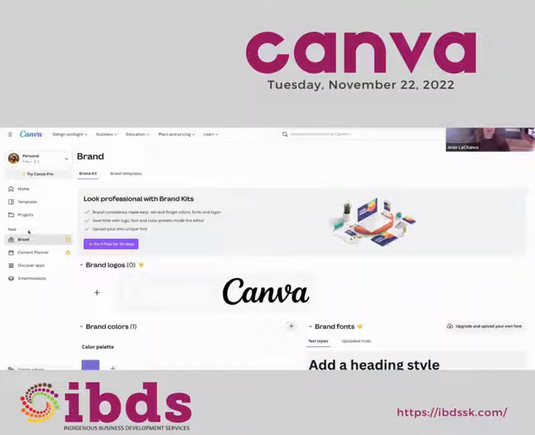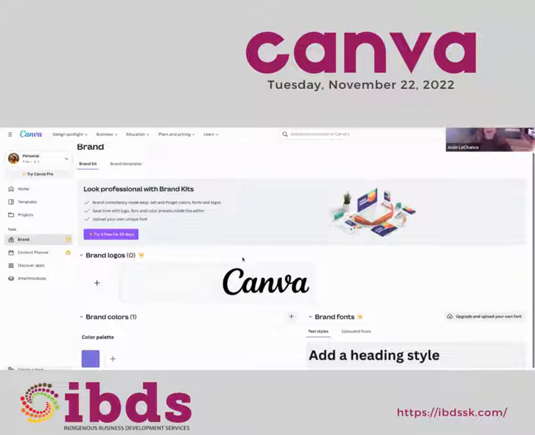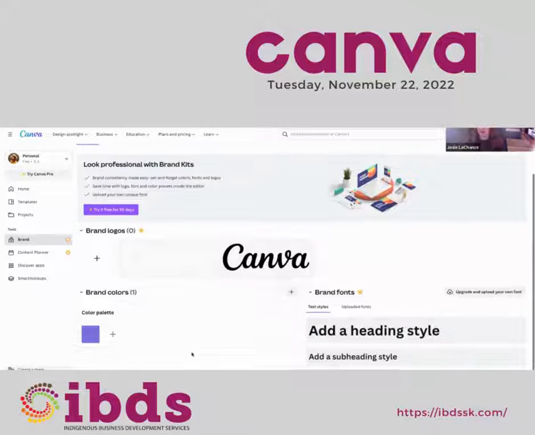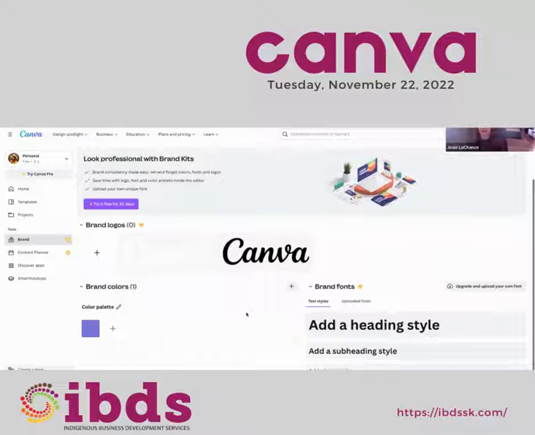On the left-hand side under tools, you'll see it has brand. This is where you can input all of your information about the brand that you have created. So if you have your logo, maybe a couple of different versions of your logo, you can upload them in here. You can also put in your preferred colors and fonts.